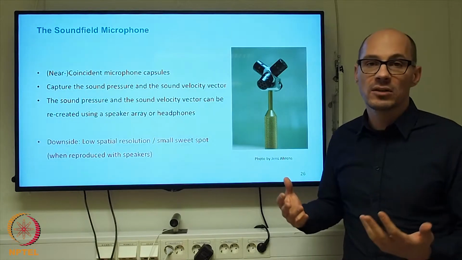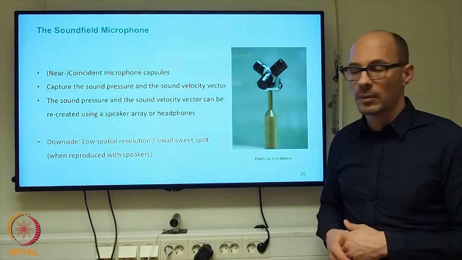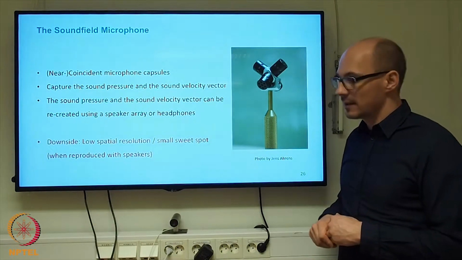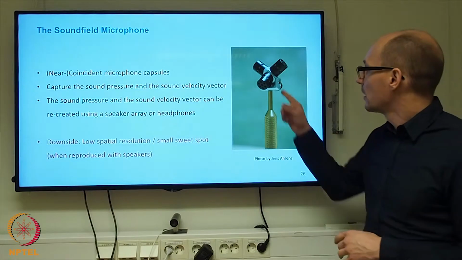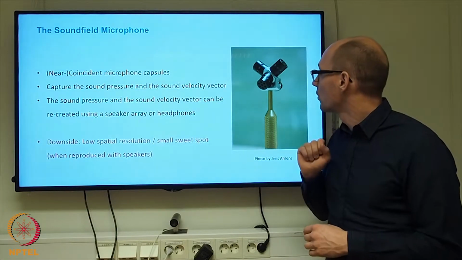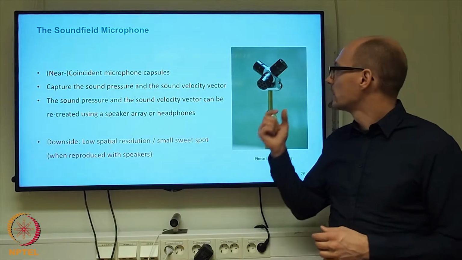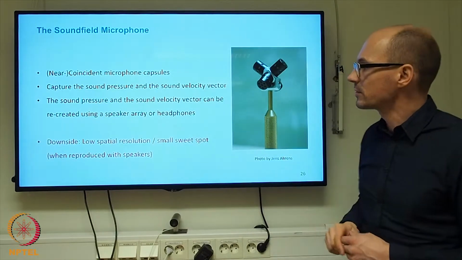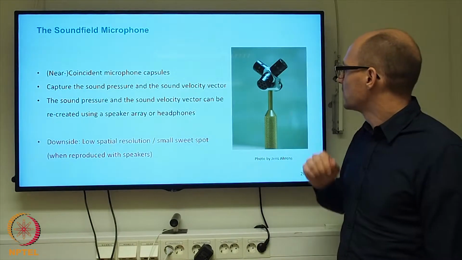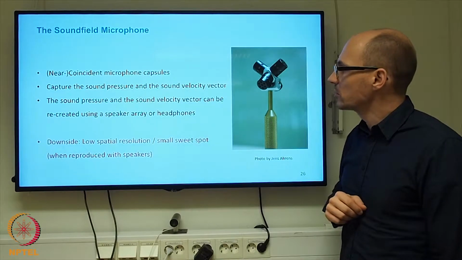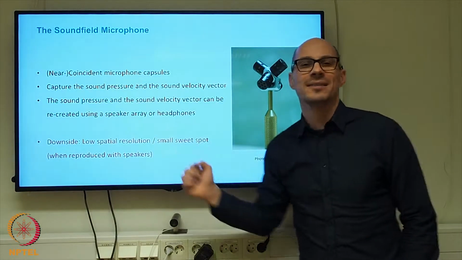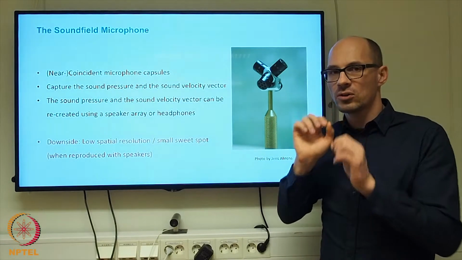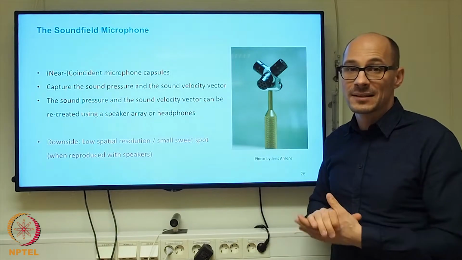That is simply any arrangement of two or more microphones. For example, arranged in a fashion like in this picture. This is a very small microphone composed of four different capsules. So the diameter of that arrangement is something in the order of a few centimeters. These are, in this particular case, cardioid-like capsules, and they are near coincident, meaning that for most of the frequency range, they can be considered so close to each other that there is no timing difference between the signals that